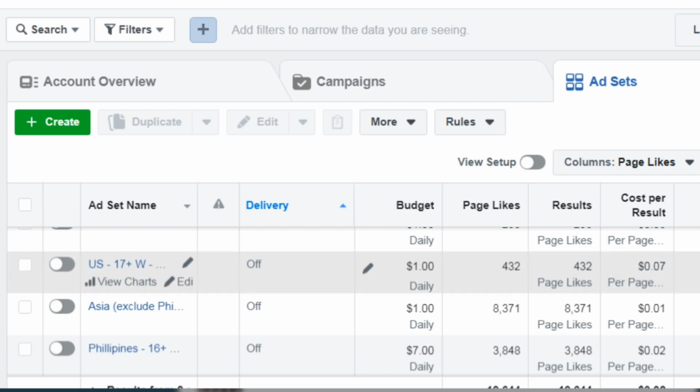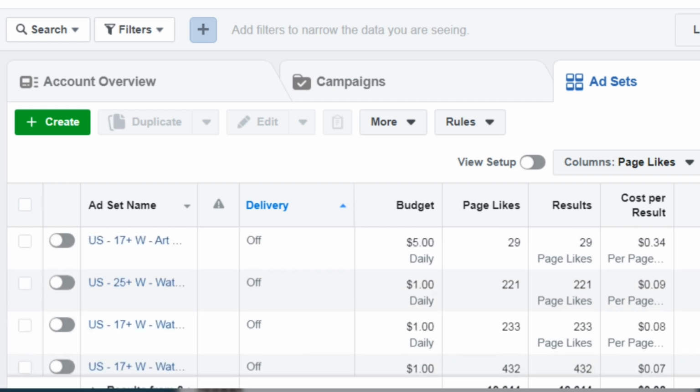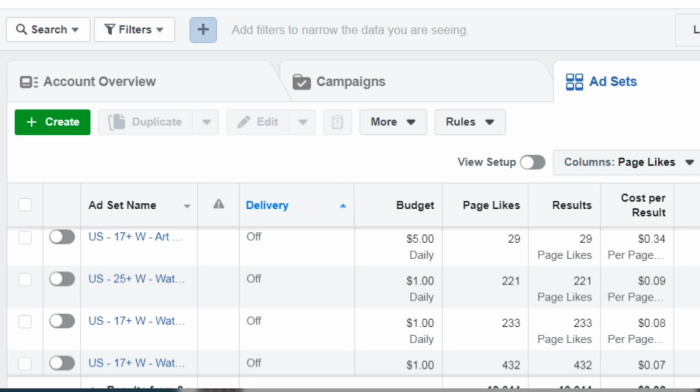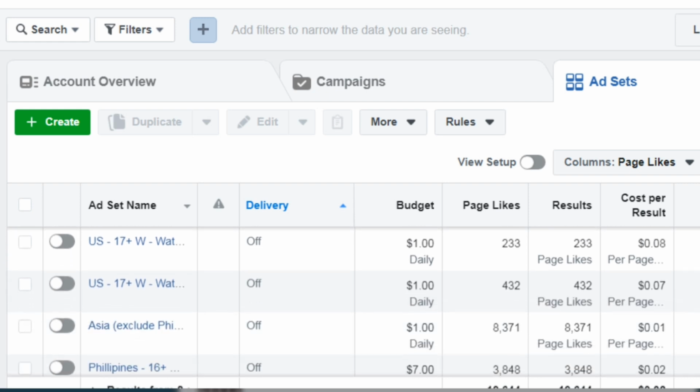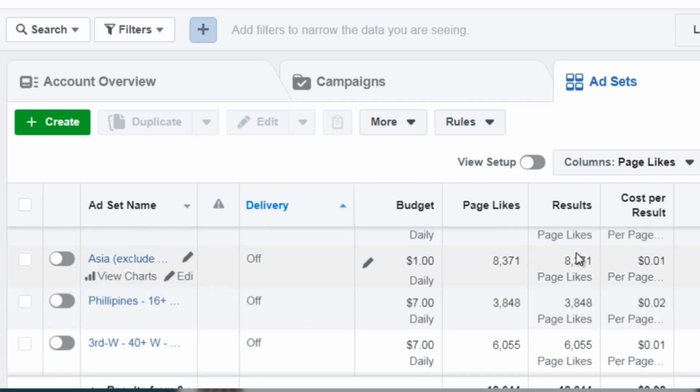But as you can imagine, if I tested it out over here, this is US stores, it would have been about 34 cents just out of the gate, or even more. Sometimes it would be actually $1 per like. So if I scroll down here, you can see Asia. This encompasses Asia, excluding Philippines. And I got about a $1 daily budget,